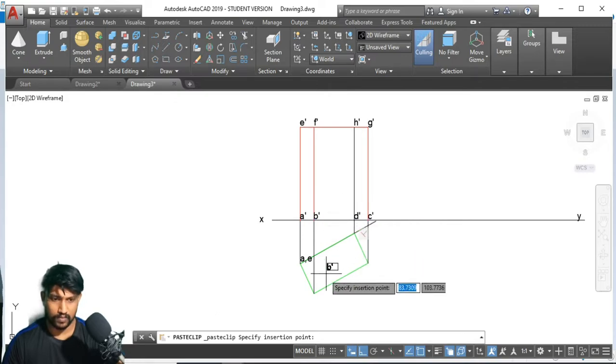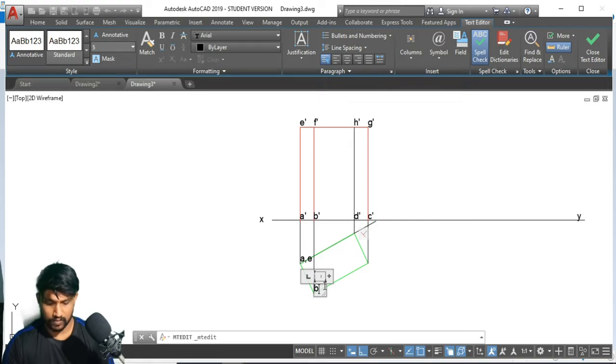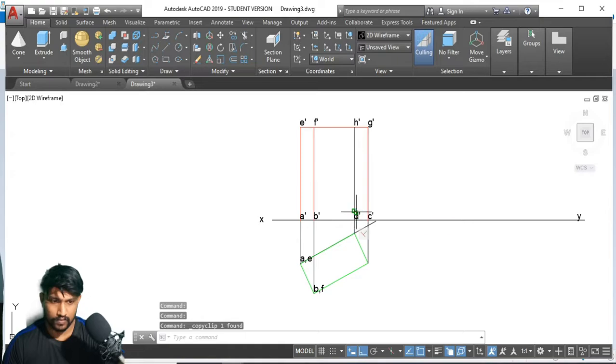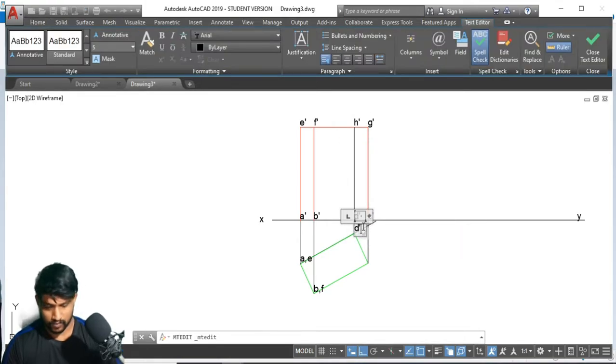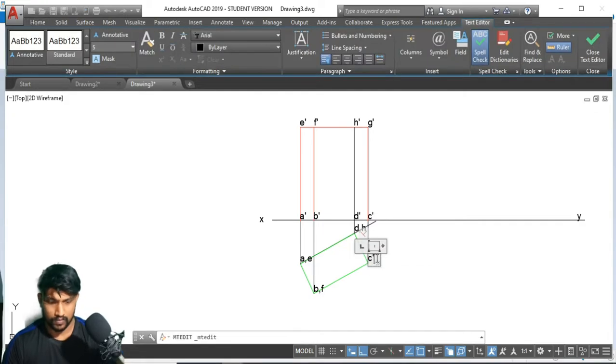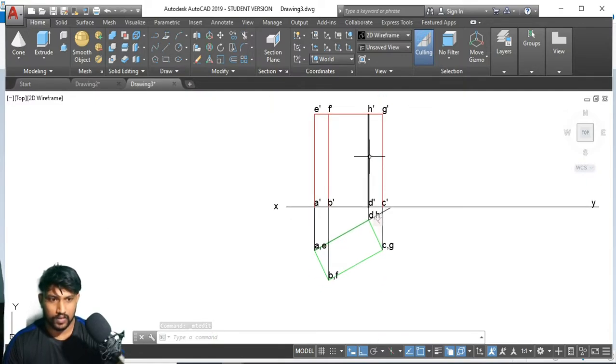And B comma F. D comma H. C comma G. Okay, so this one is a non-visible edge.